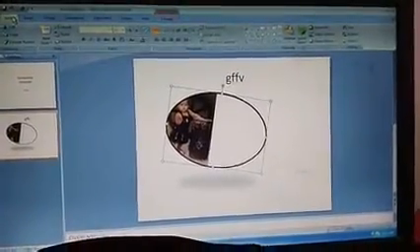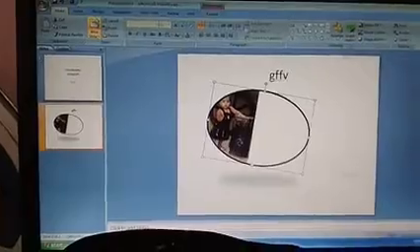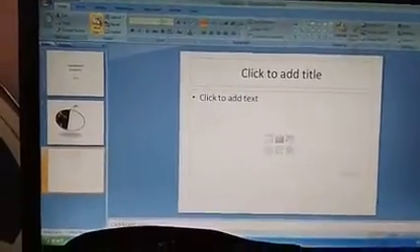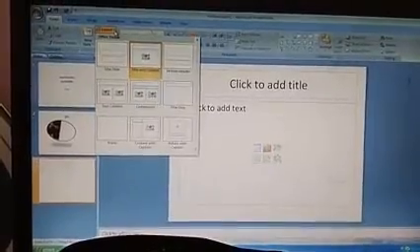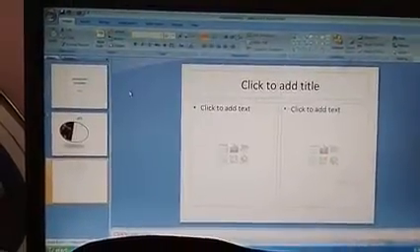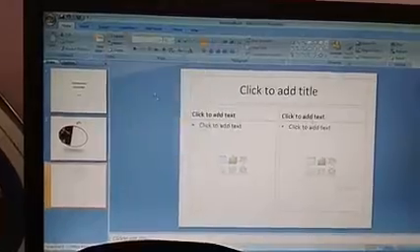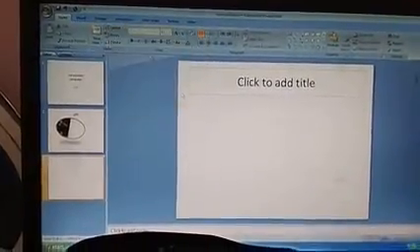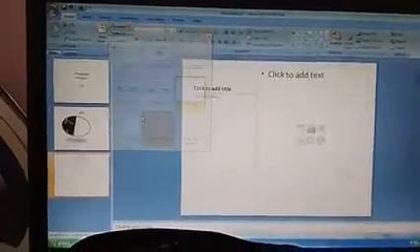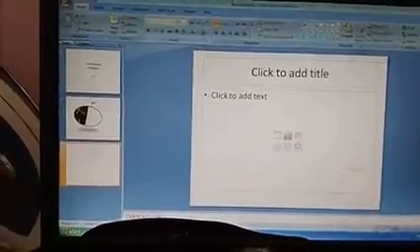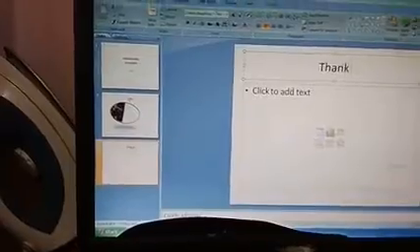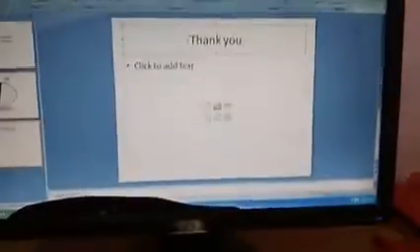Suppose I want one more slide, I go to the Home tab and then go for the New Slide option. Suppose I don't want this type of slide, I want a different layout, then I select the layout option and choose different types of slides. Clear with this one? In this method, I'm going to create two to three slides for one PPT as an example. Say this is my last slide, which means only three slides for this presentation.